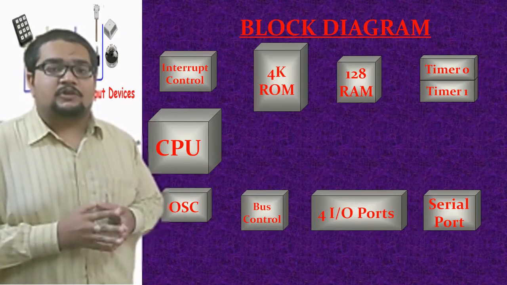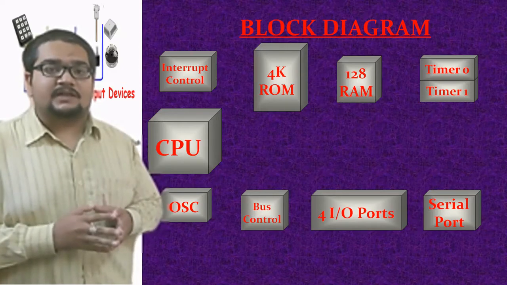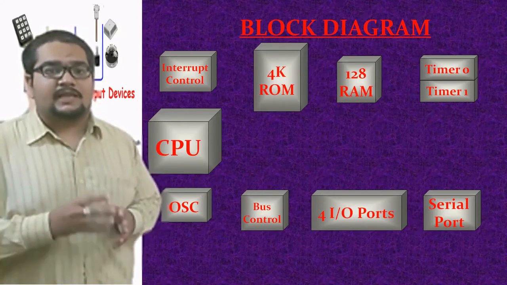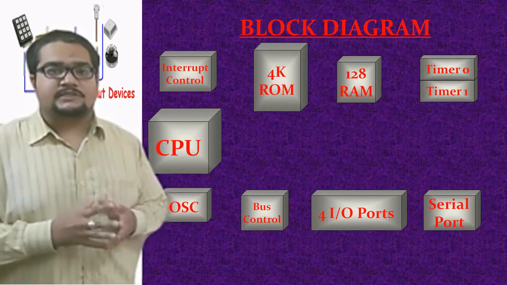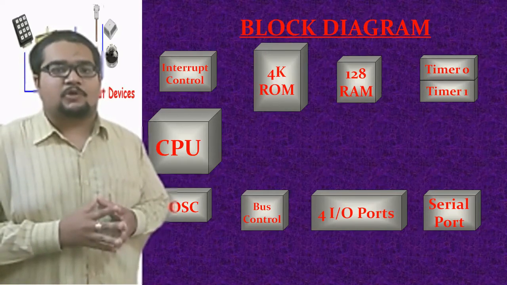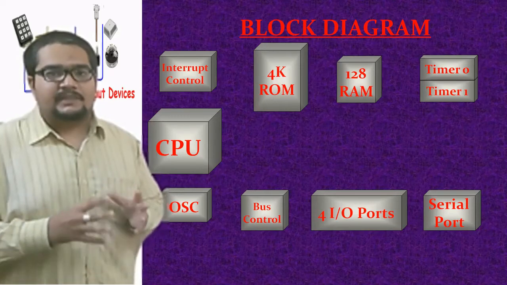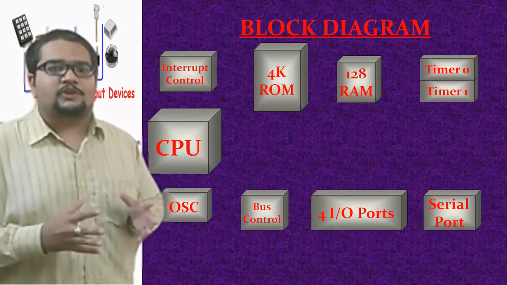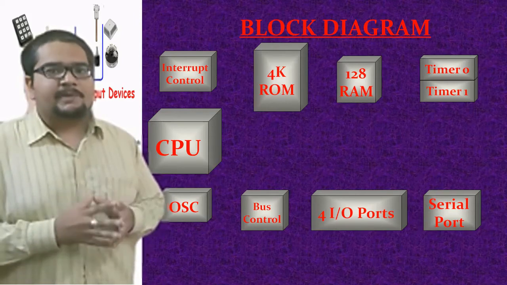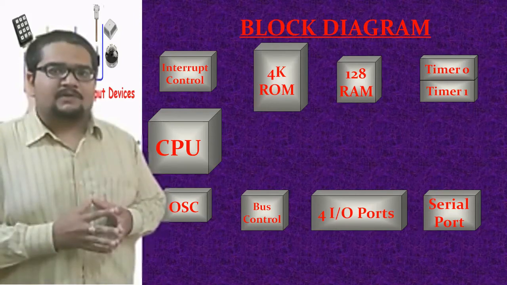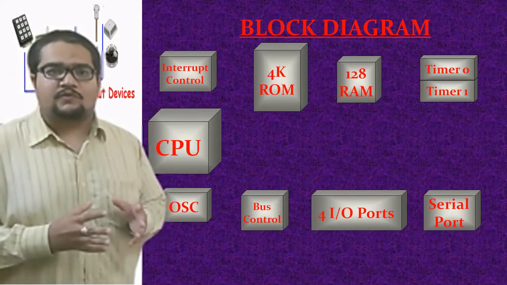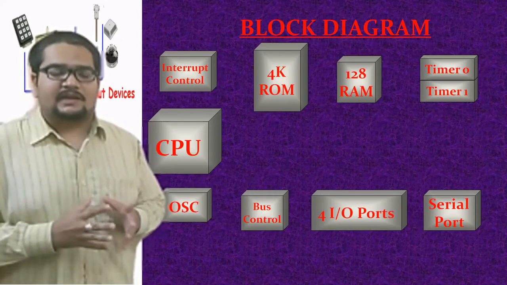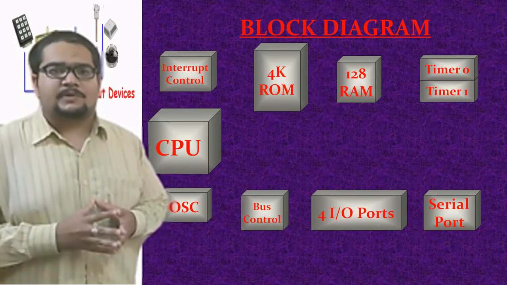Our microprocessor 8086 does not have an interrupt controller within it, but we can always interface an interrupt controller externally in the 8086 system, which can control all its interrupt operations. Here, that interrupt controller is available inbuilt. Also, we have 4 kilobytes of ROM inbuilt and 128 bytes of RAM. Apart from this 128 bytes of RAM, we have a lot of general purpose registers which can be used for storing our data internally while the program operations are going on.